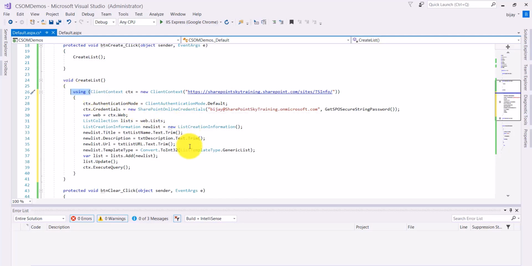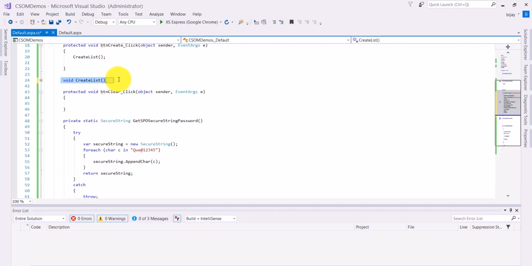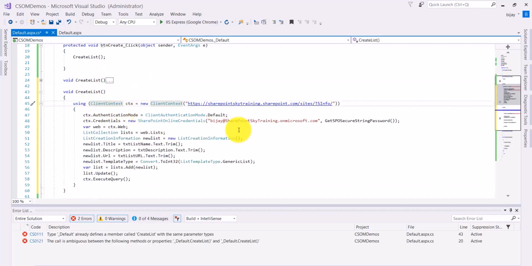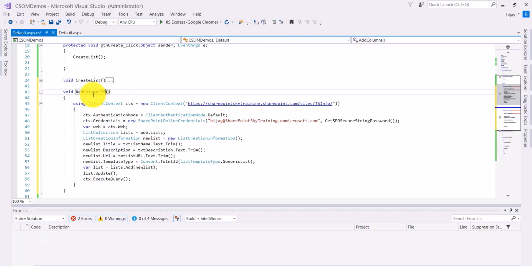So the best practice is that you just use the using statement. Now the next thing is, we'll add the columns into that particular list. If you see here, the columns, I will create one more method here. I'll just copy this and we will create one more method. I will say add column to list,